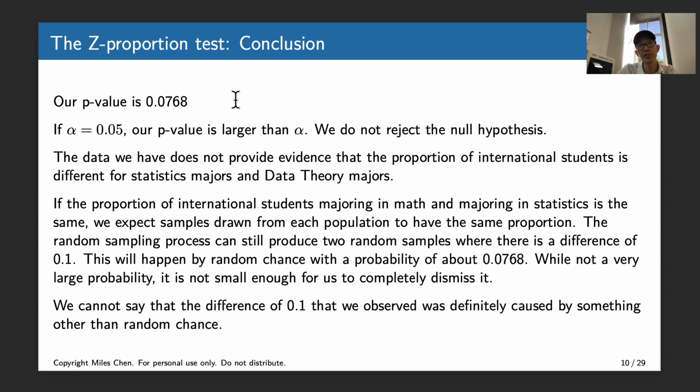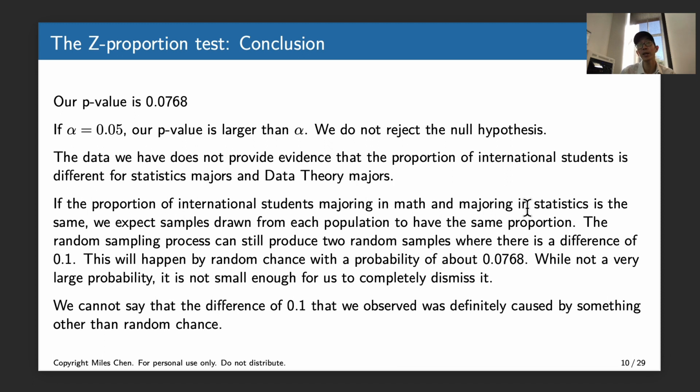And so the decision we make is if the p-value is larger than alpha, we do not reject the null hypothesis. And we would say the data we have does not provide evidence that the proportion of international students is different for stats majors and data theory majors. So we're saying, if the null hypothesis were true, and if the proportion of international students in, I wrote math, but data theory and stats are the same, even if that were the case, what